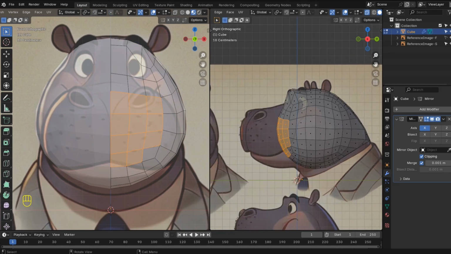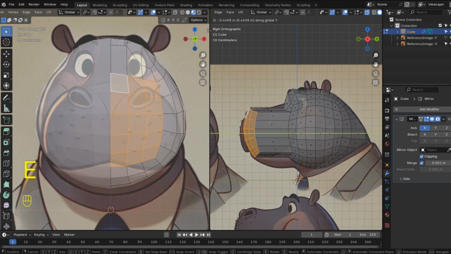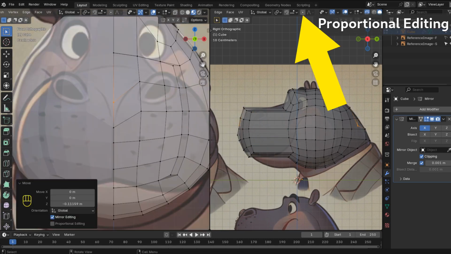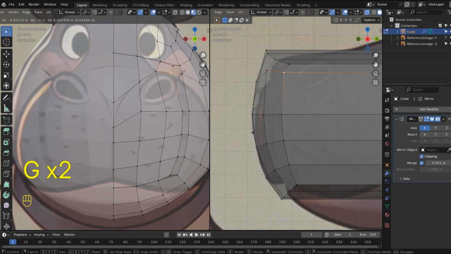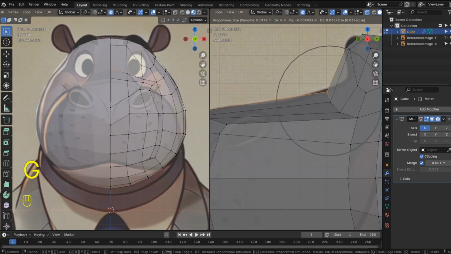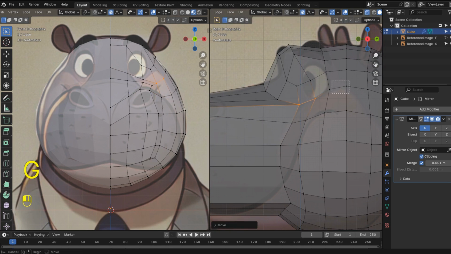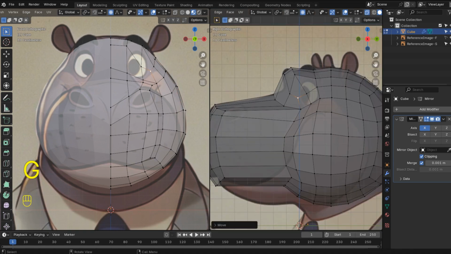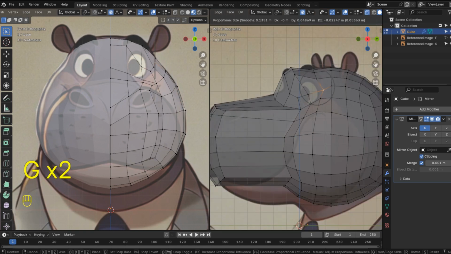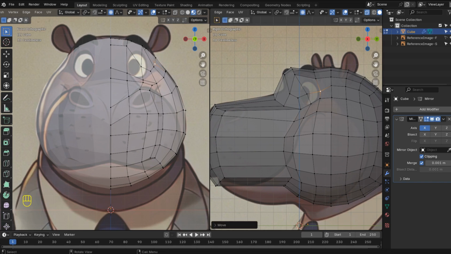And just pulling the brows out. And I'm using this up here, which lets us stretch part of the mesh or model instead of just a vertex or an edge or a face. It's really a very valuable tool. Okay, and then I'm just pulling the cheeks out, pull the brows back, and I'm going to assume some knowledge of Blender,